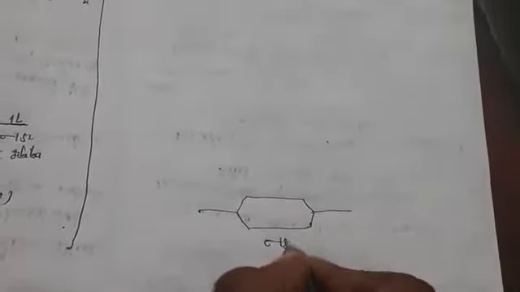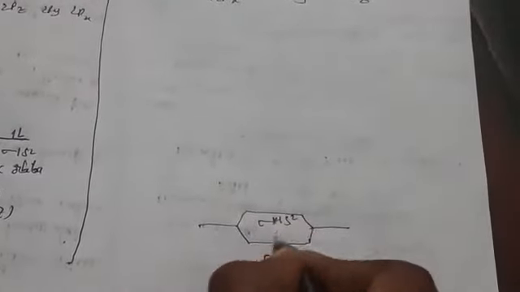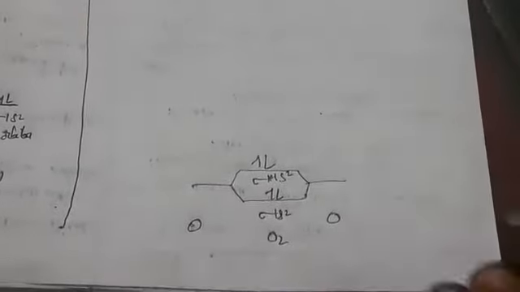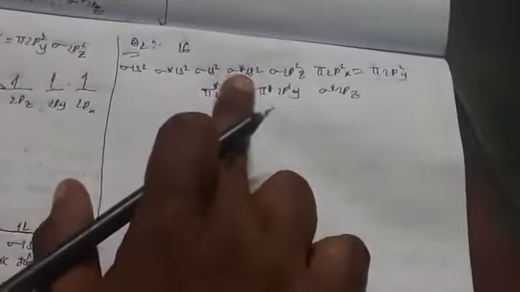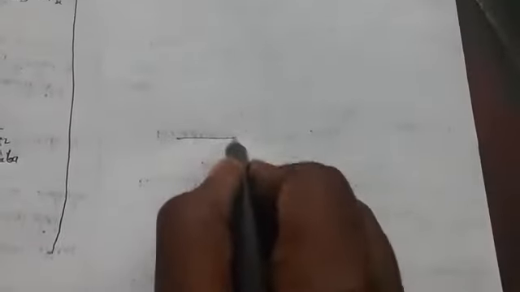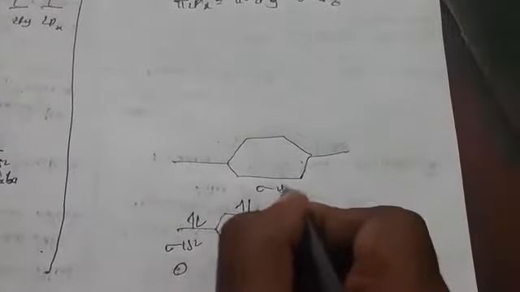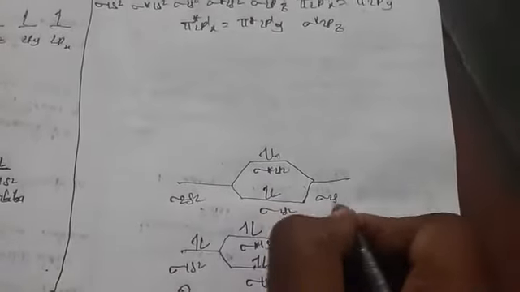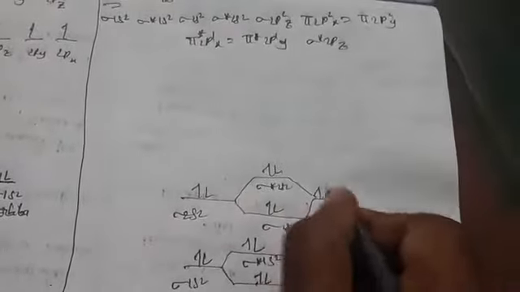So here what do we have to get? Sigma 1s2, sigma star 1s2. So here 2 electrons, here 2 electrons. So here 1 oxygen, here 1 oxygen, here O2 molecule we are going to have. Here sigma 1s2, here also sigma 1s2. When you combine these two orbitals, you are going to get the molecular orbital. Okay, so these two are completed. Next one, what are we having? Sigma 2s2. So now you have seen sigma 2s2, sigma star 2s2. So here 2 electrons, here sigma 2s2, here also sigma 2s2. So here 2 electrons, here 2 electrons.